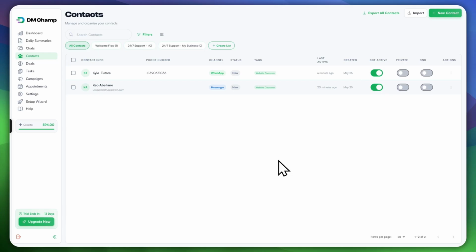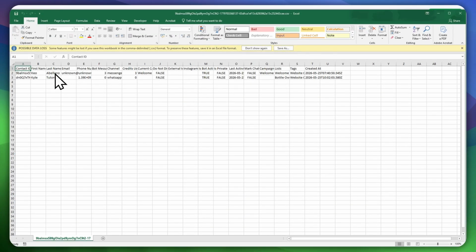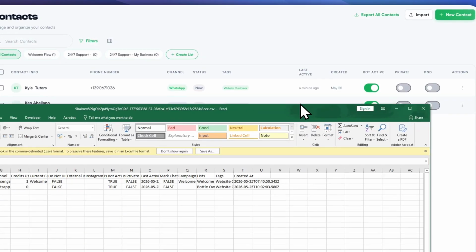So I have now downloaded the file in here. You just can't see it from my screen, but basically here it is. And I'm just going to open that, and here we have all the details. So just like this, you could also use this as your template for when you are importing your contacts here